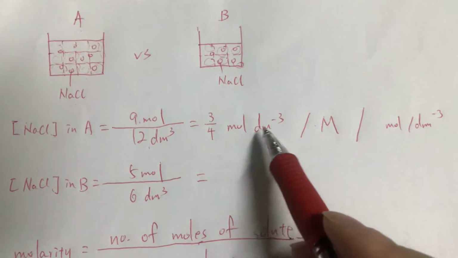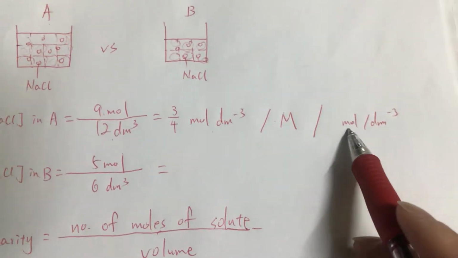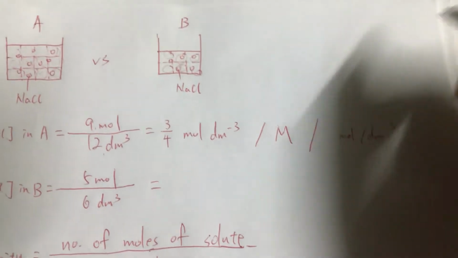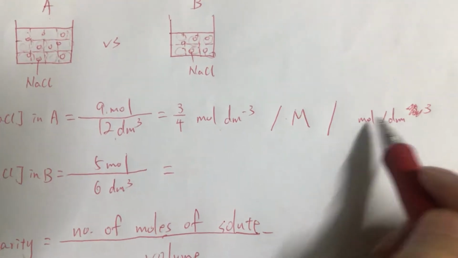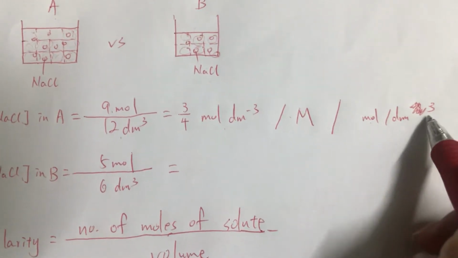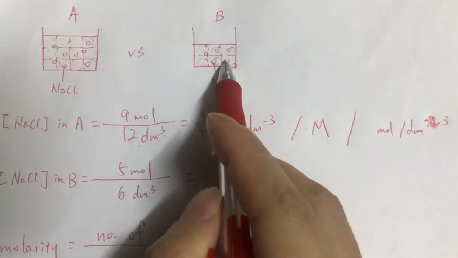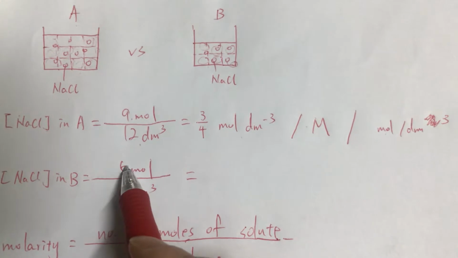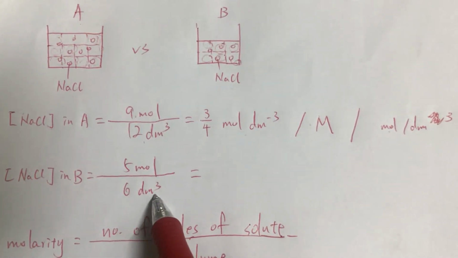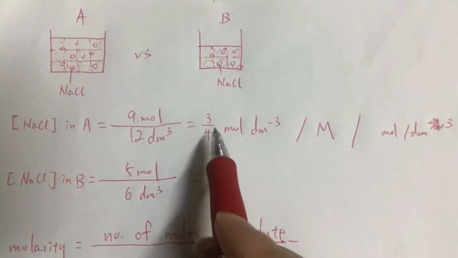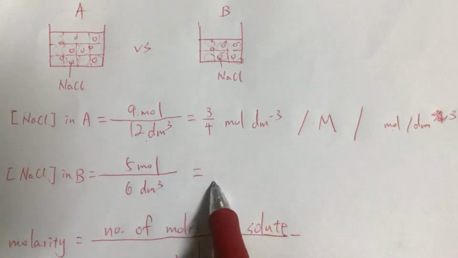So the unit will be mole per dm cube, or capital letter M. You may say mole here, wrong. It's mole per dm cube. So B, same method. 1 2 3 4 5 particles, and 1 particle refers to 1 mole. So 5 mole divided by 6 boxes of volume. So you can calculate it, and when they are changed to numbers, you can compare which one